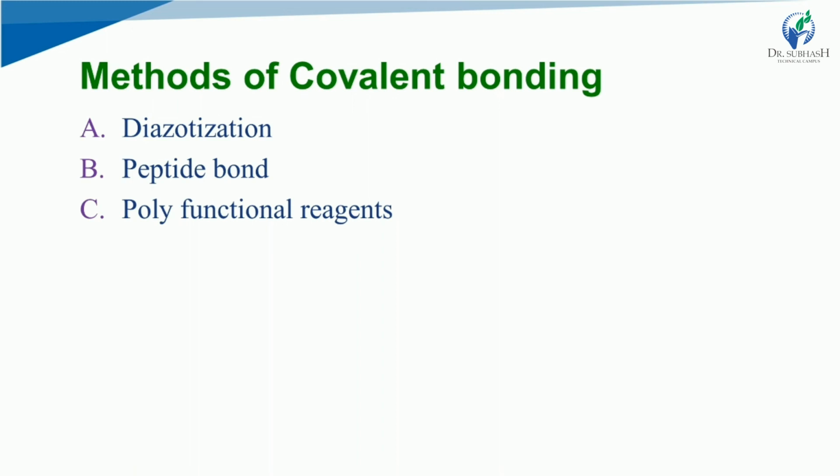Methods of covalent bonding. There are some of the methods through which you can go. Just like how we saw in adsorption, there are also methods like diazotization, which is bonding between amino group of the support. This you must have studied in chemistry. Example: aminobenzyl cellulose, aminosilicyl porous glass, and amino derivatives or tyrosine or histidyl group of the enzyme. So this is what diazotization is referred to as, bonding between the amino group of the support system.